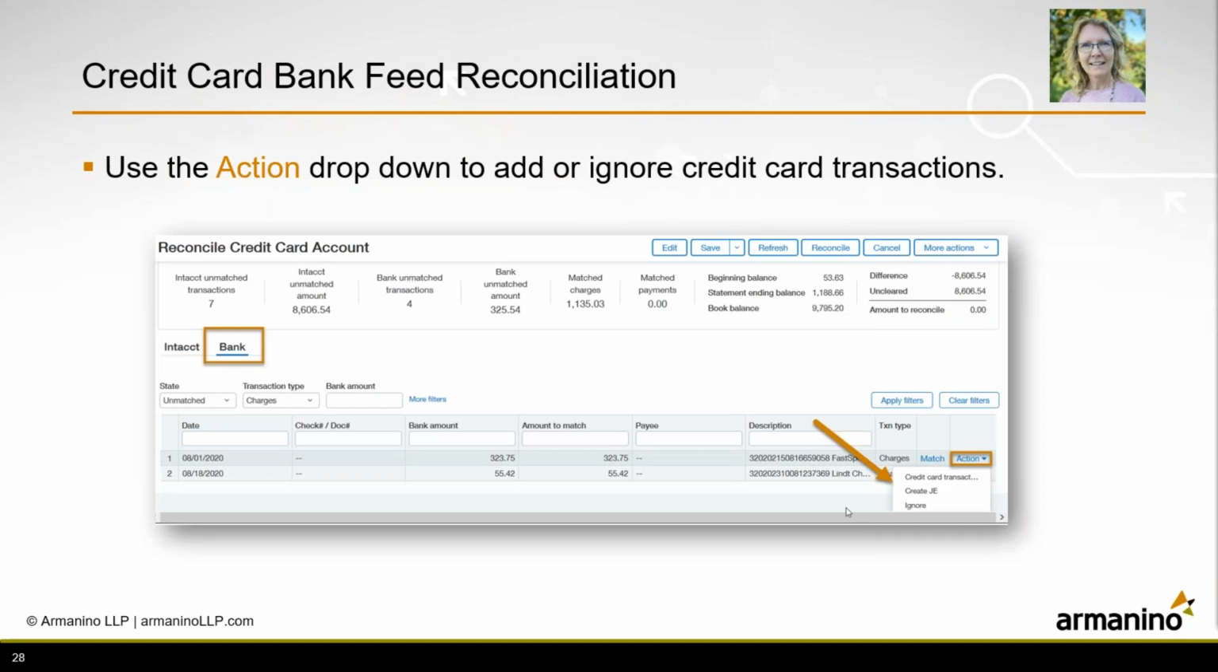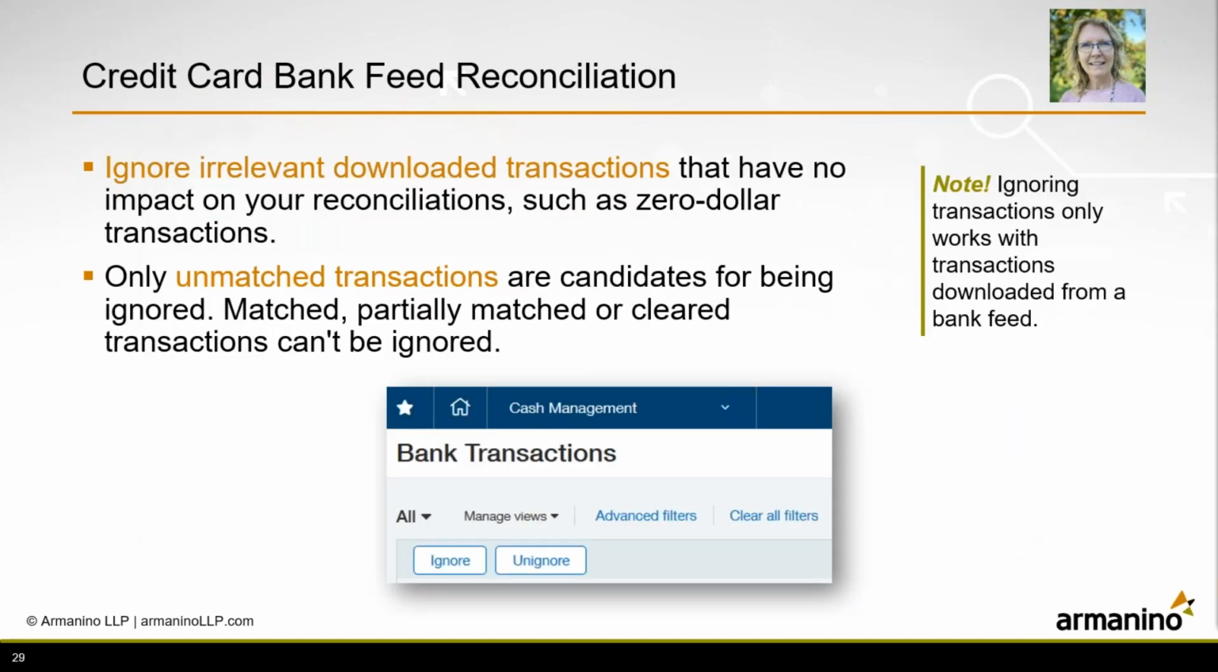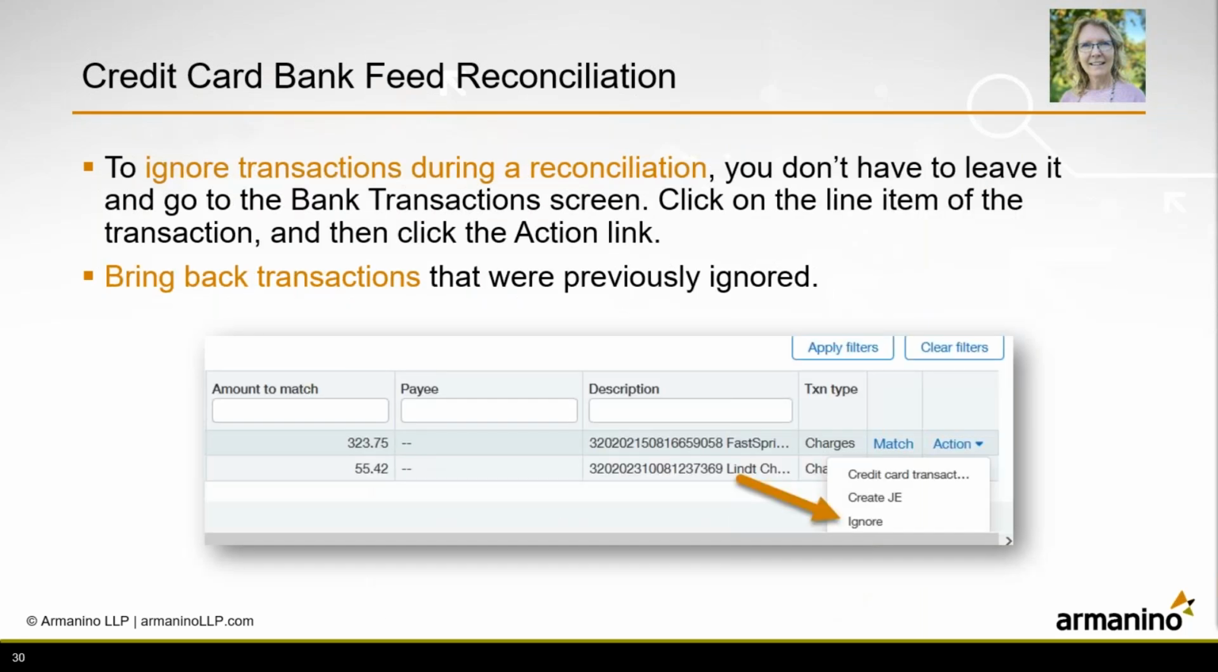I just shared with you how you can add new transactions through the bank screen. Also, you can ignore and unignore transactions just like you can with bank, which makes it nice in case you do happen to have some transactions in there that you need to unmatch. And you can ignore either from the bank transactions or from the reconciliation, and you can bring one back,